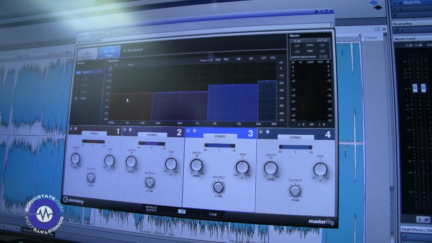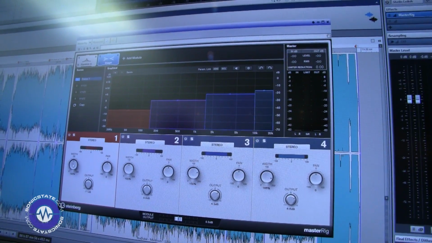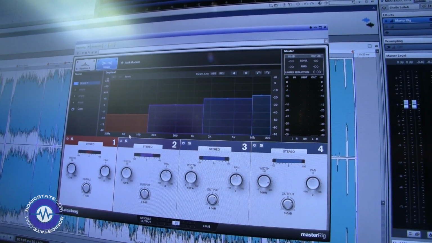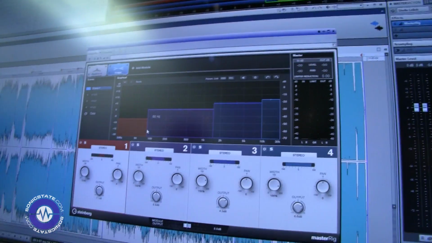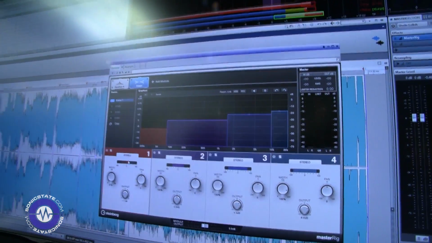You would lower the width of the bass to be compatible for a vinyl mix. Because if there's too much stereo width in the bass, it may happen that your needle's dropping off from the record. That's what we don't want in the club. The cutting engineers don't like that. No, we don't want this. So this tool is optimum for